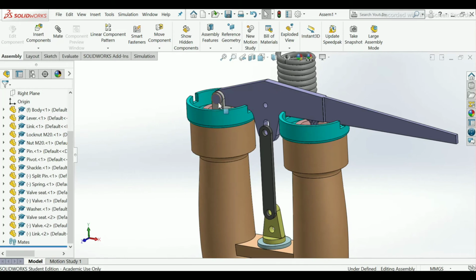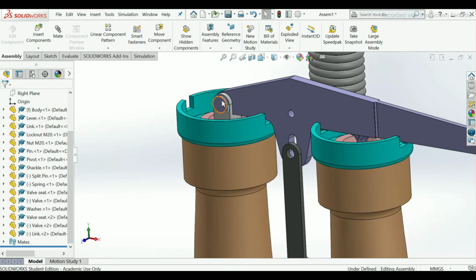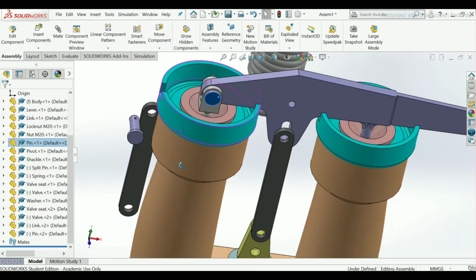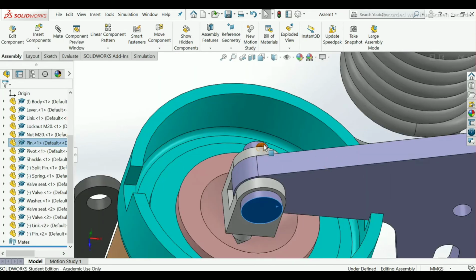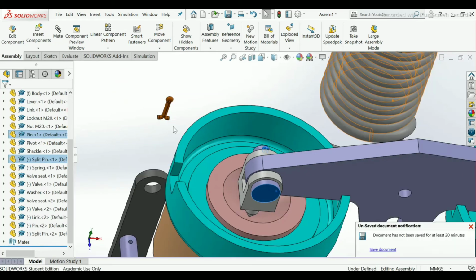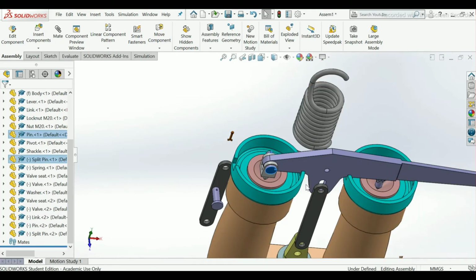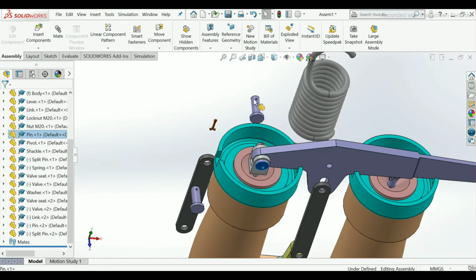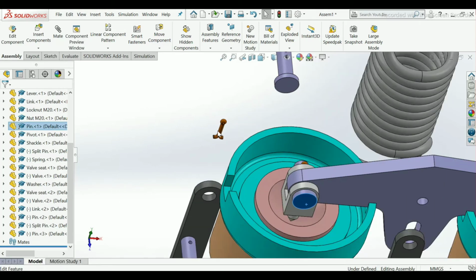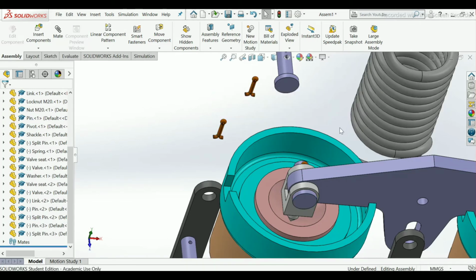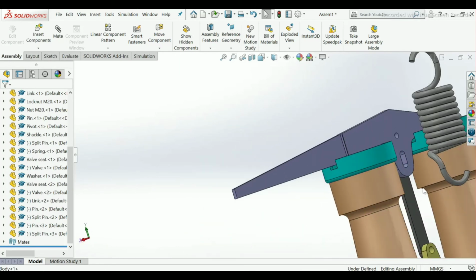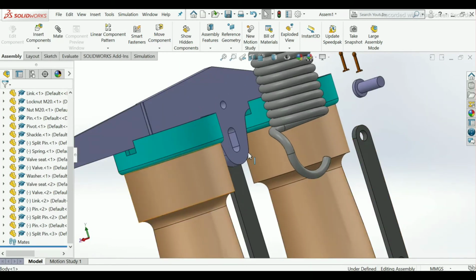So I will make copies of this pin and split pin components. First of all, I will fix this on this surface, so go to mate,